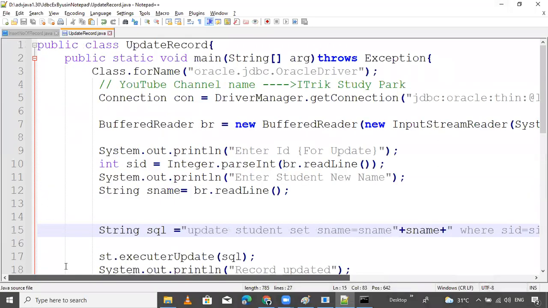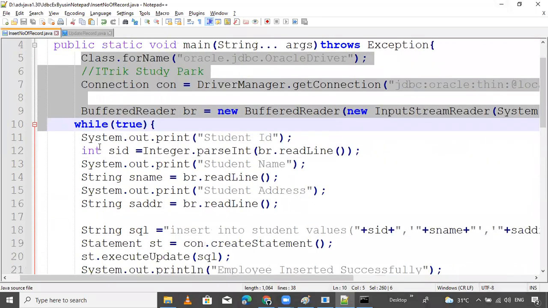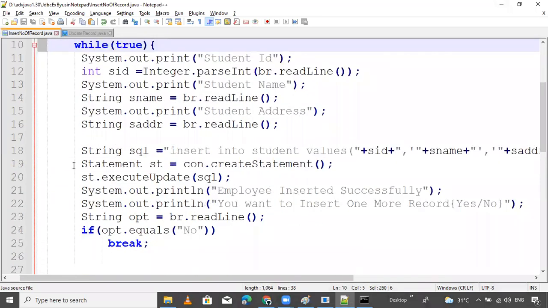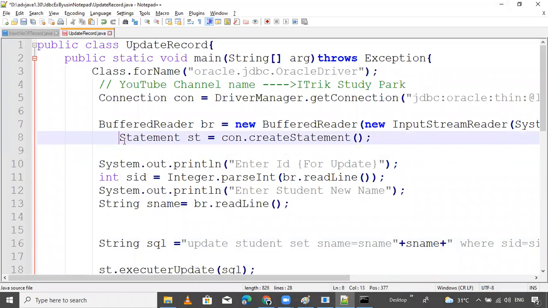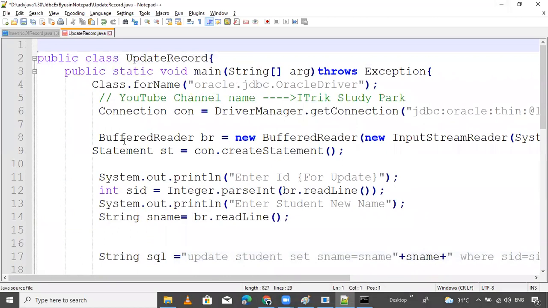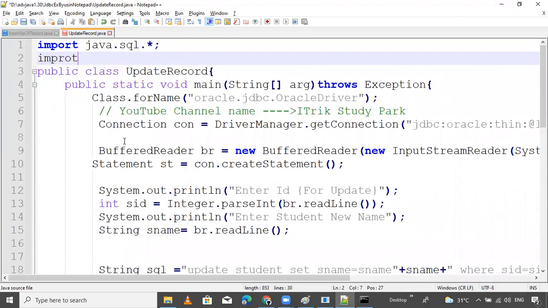Because we are not importing the statement object. Import all required classes: import java dot sql dot star.